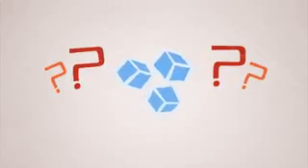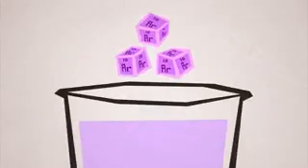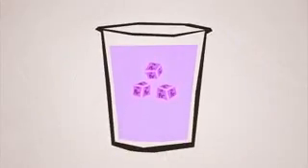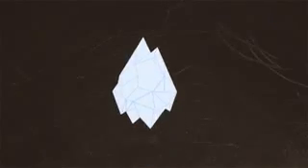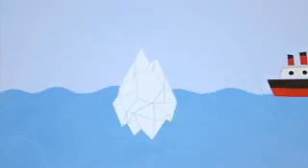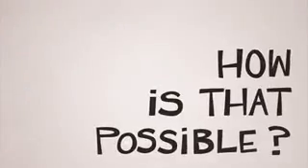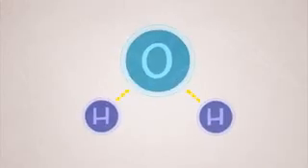Why do these ice cubes float? If these were cubes of solid argon in a cup of liquid argon, they would sink. And the same goes for most other substances. But solid water, aka ice, is somehow less dense than liquid water. How's that possible? You already know that every water molecule is made up of 2 hydrogen atoms bonded to 1